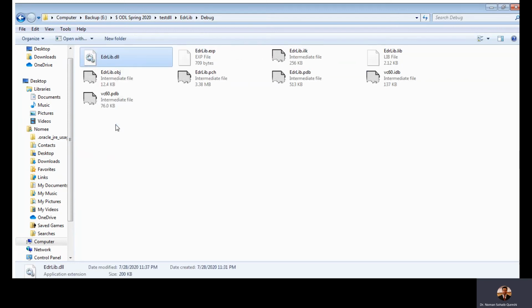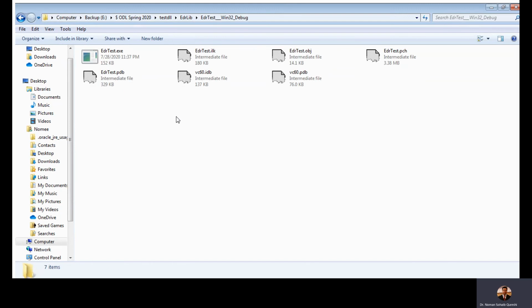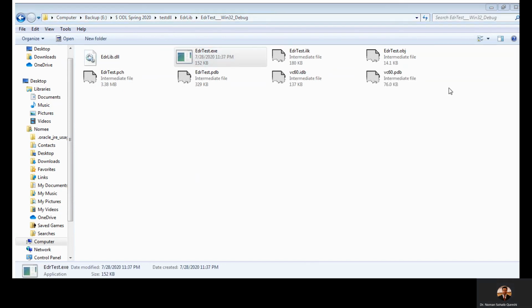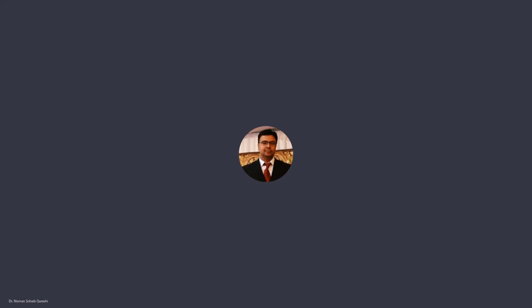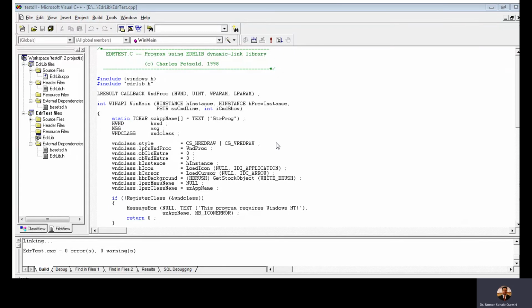So we went here and copy this file, paste it into EDR test. And now when you run this either from here or let us go back to Visual Studio. Now when we run it from Visual Studio, it will run flawlessly. Here you can see.